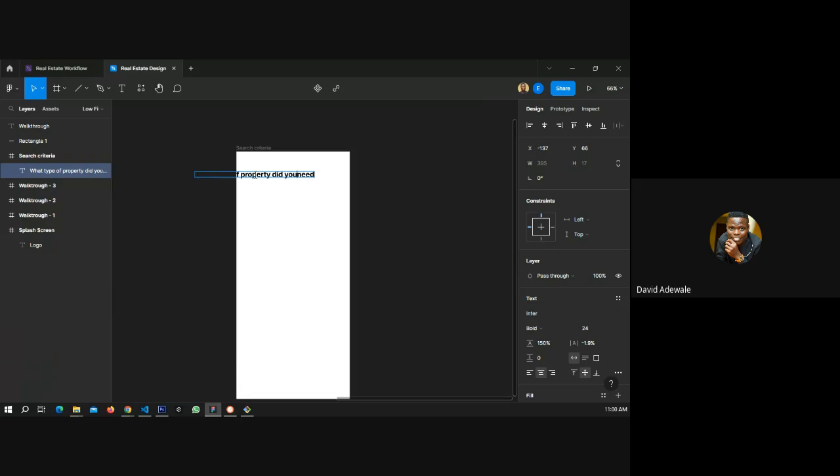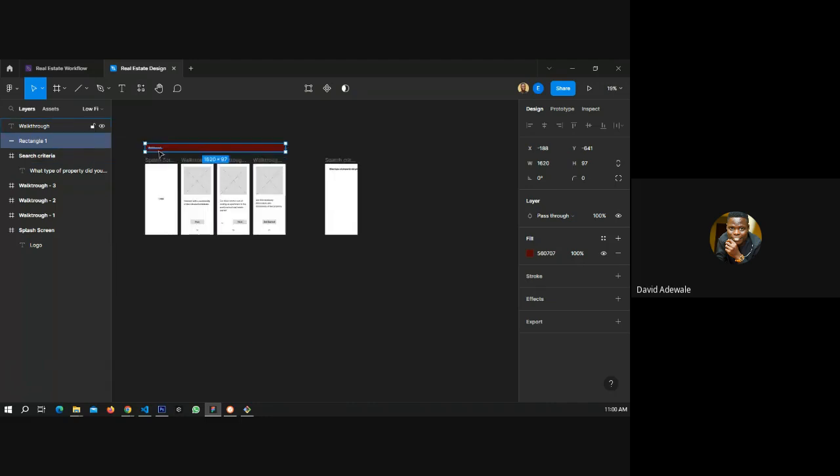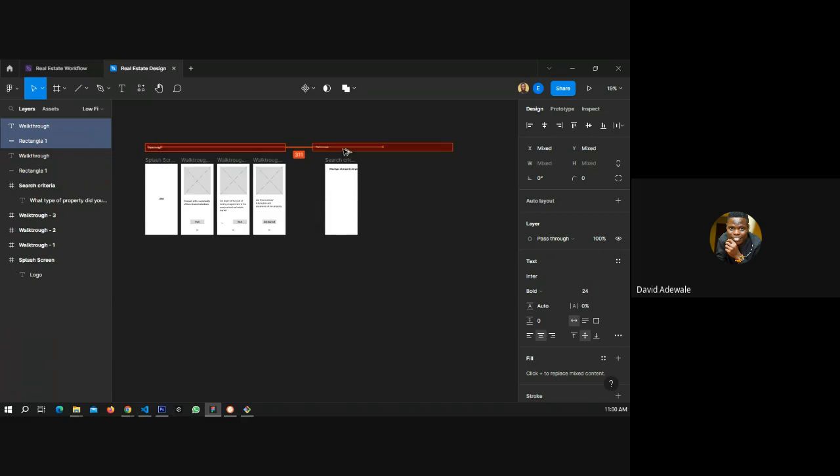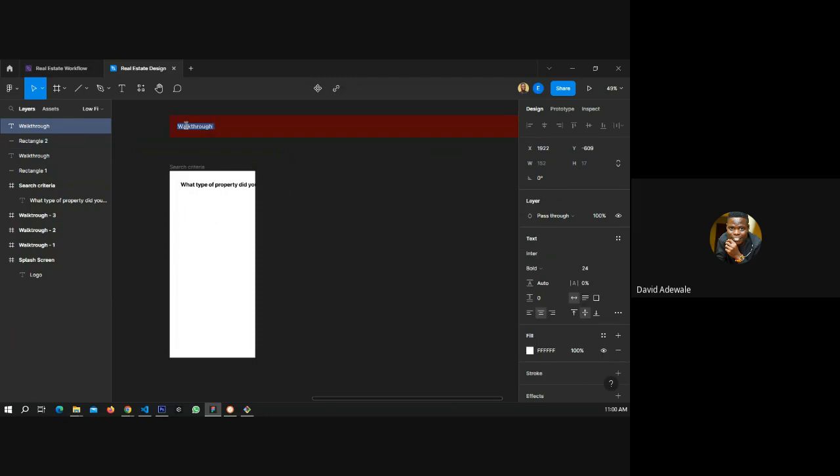Then we have a question mark. So we can as well use, I remembered we can have 2 or more criteria here. Yeah. So search criteria.